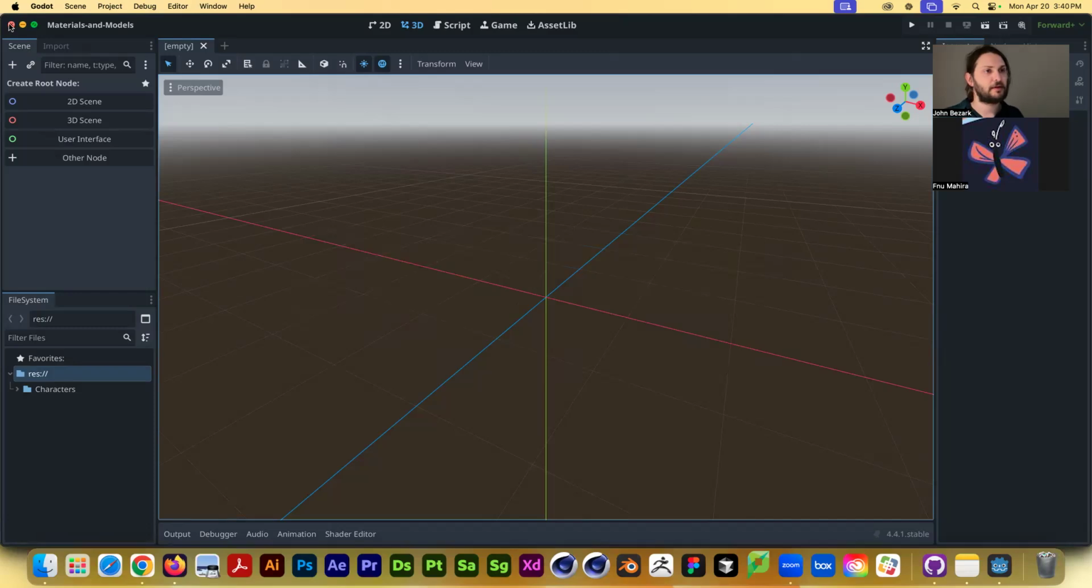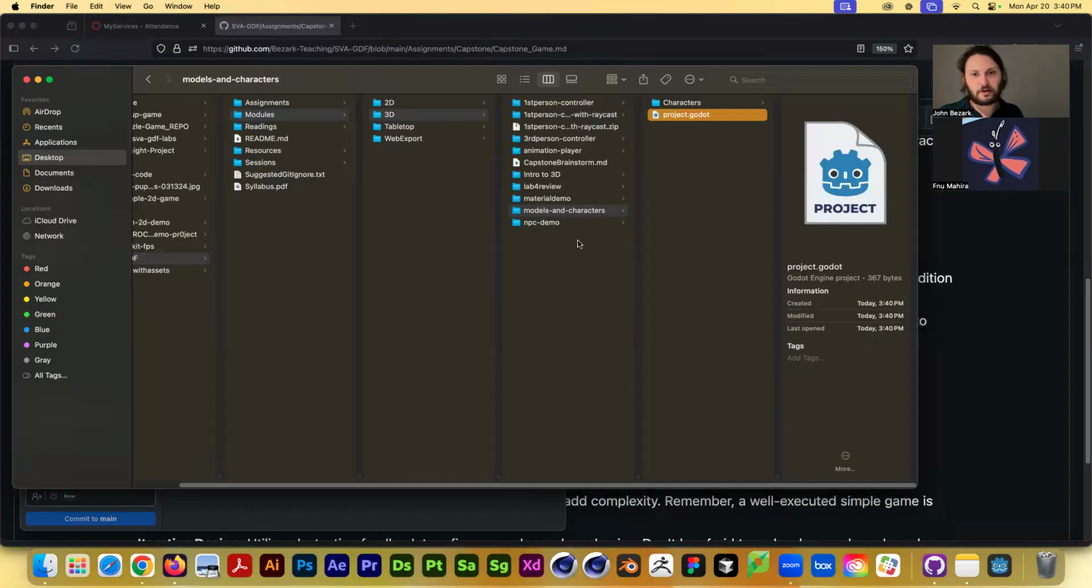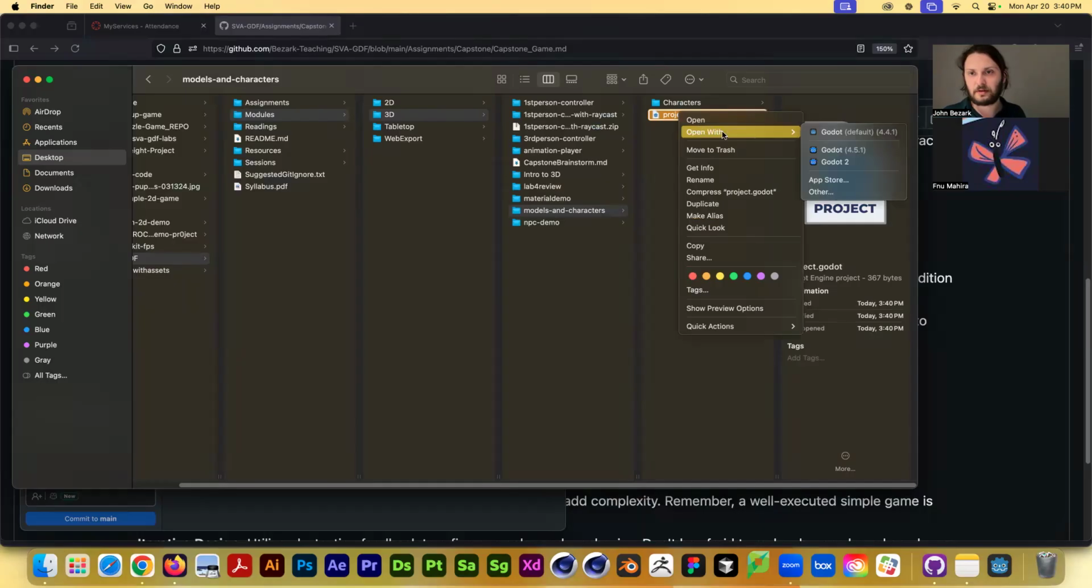I keep opening the wrong Godot. And actually, while we're doing that, what I'll do is,